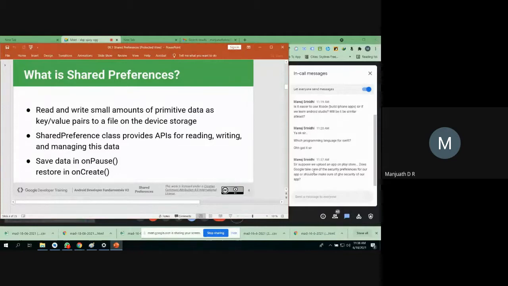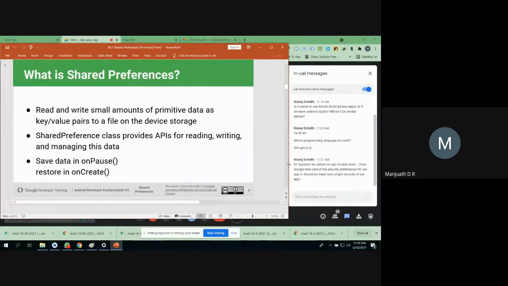It also checks compatibility with different devices, because you may have created an application, but the same app is not shared with each and every device. What Google Play Store will do is create separate instances based on device orientation, device sizes, and also other things like different operating system versions. So all these things are taken care of, but we cannot ensure that whatever security preferences are given by Google Play Store are enough.